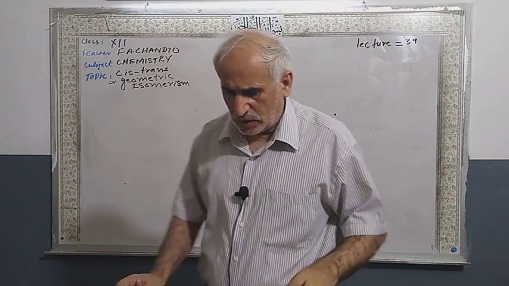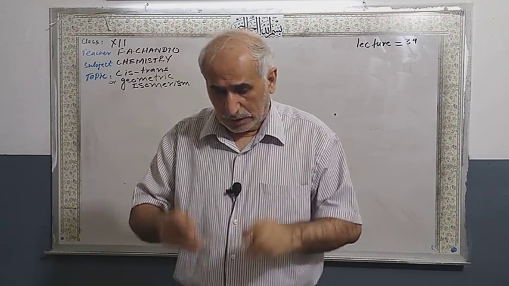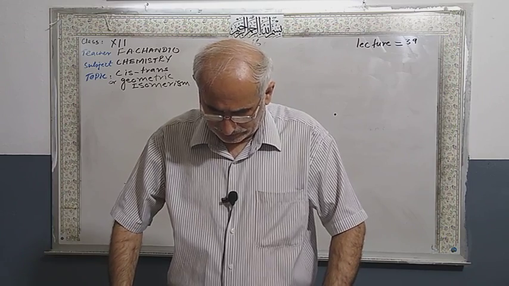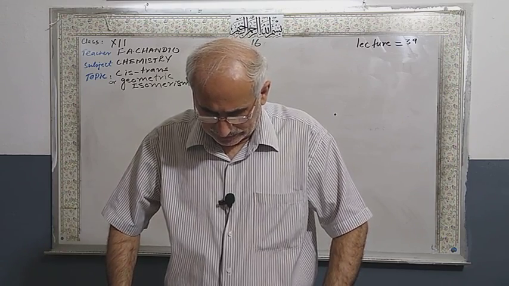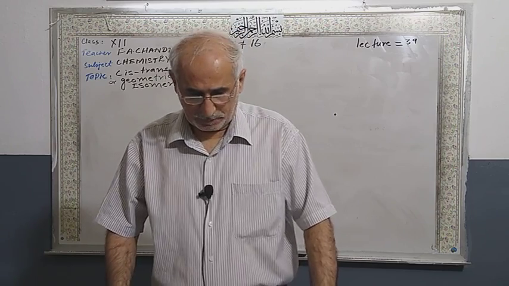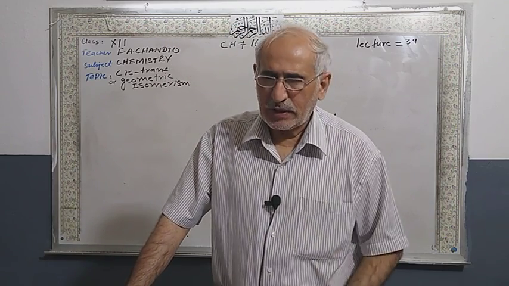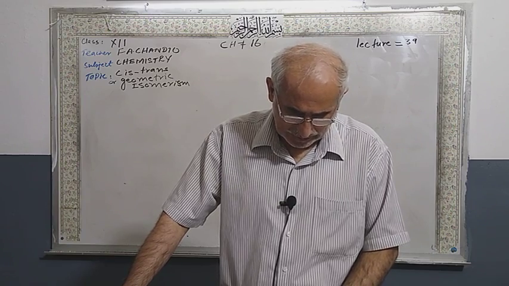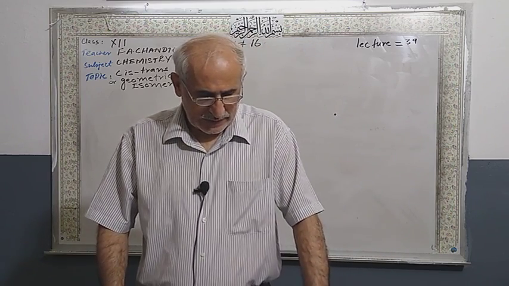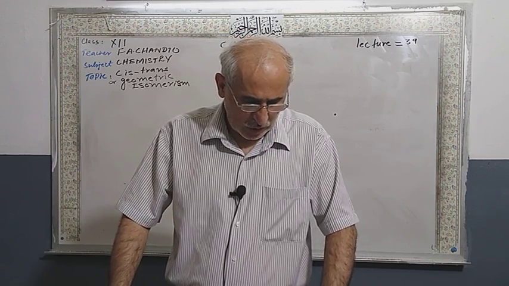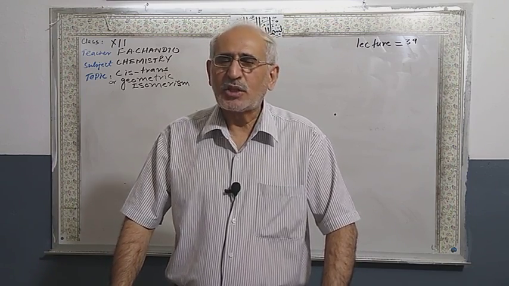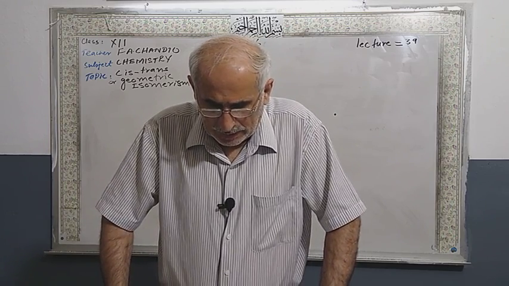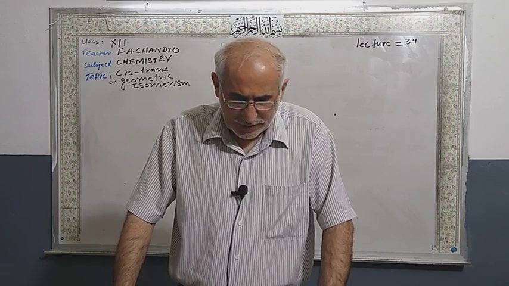Chapter 16, lecture number 39, grade 12: cis and trans geometrical isomerism. Cis and trans or geometric isomerism. Previously we covered all kinds of isomerism and stereoisomerism. In stereoisomerism, we covered optical isomerism, and then geometric or cis and trans isomerism. Now, in geometric isomerism,